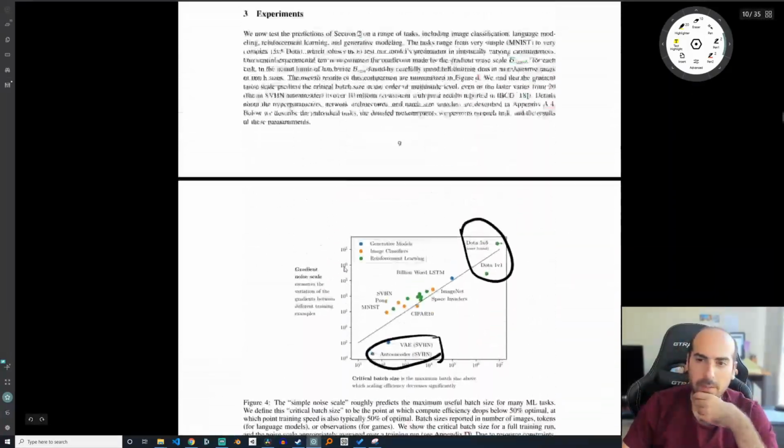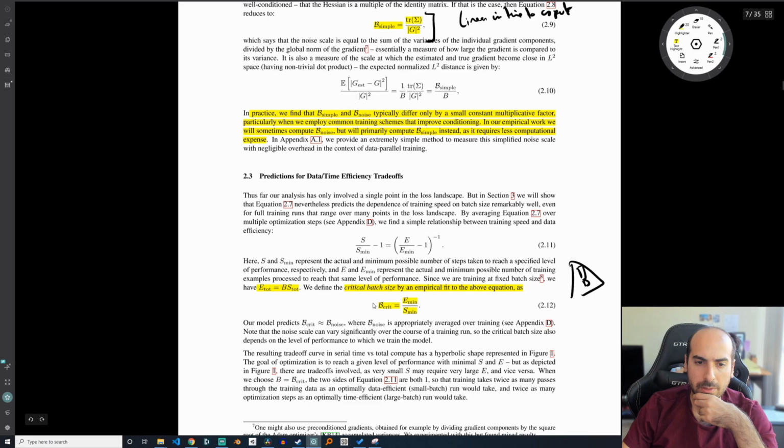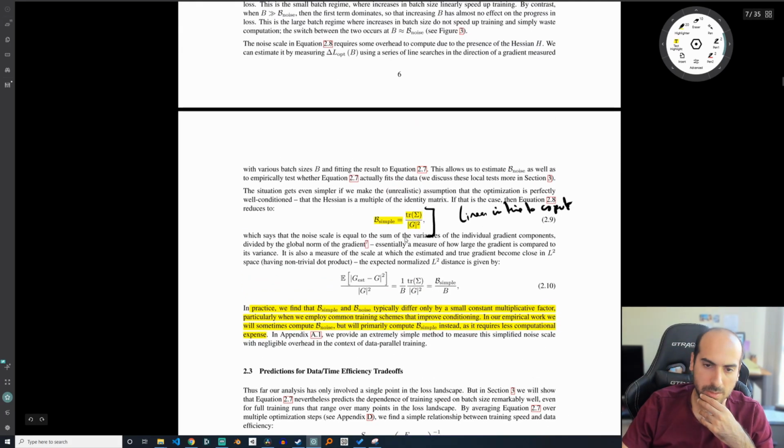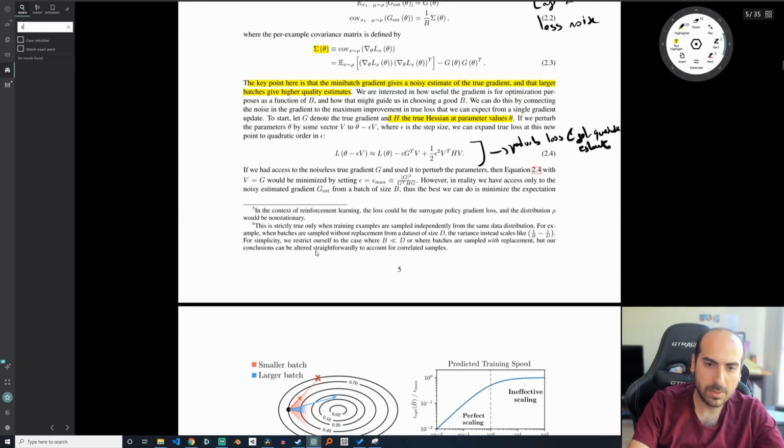So one thing I'm still curious about: when they say we know B critical, they're saying by an empirical fit to the above equation, which is the minimum number of examples divided by the minimum number of steps averaged over training. Oh, I see. Okay. So this is empirically obtained, and that's how they compare B simple to this later. You can just compute this over multiple training runs. So that's fine. And then this sigma is still bothering me because sometimes they call it noise and sometimes they call it